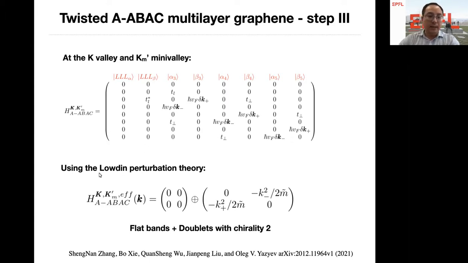Then by using low-order perturbation theory, with some math, it's straightforward to get the effective Hamiltonian. The effective Hamiltonian consists of a zero matrix plus quadratic doublets. This zero matrix describes the flat bands, and the doublets describe the other